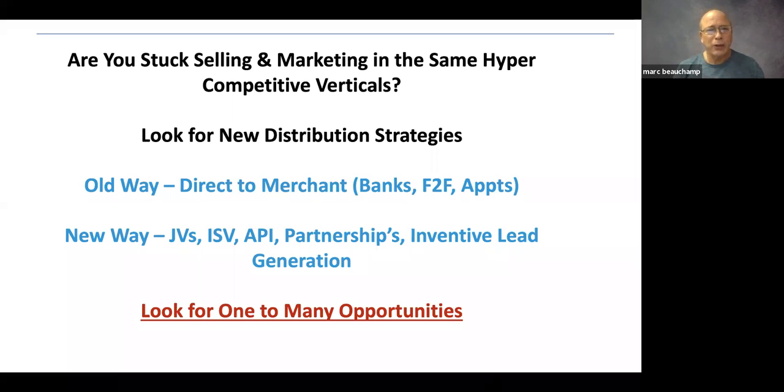One strategy for ISOs is agent partners, right? That's how an ISO distributes, an indirect sales channel. They go out and recruit agents. They have a pretty high cost of acquisition, and that's how they board merchants. And what you're seeing a lot of ISOs doing today is they have a direct sales team. They have a salary team. They might have a call center. They have software vendors and ISVs, and they have an agent channel, and they might have an affiliate channel, or a banking channel. So they're really looking at their business, and they're coming up with multiple strategies. And that's the same thing that you need to do in your business.